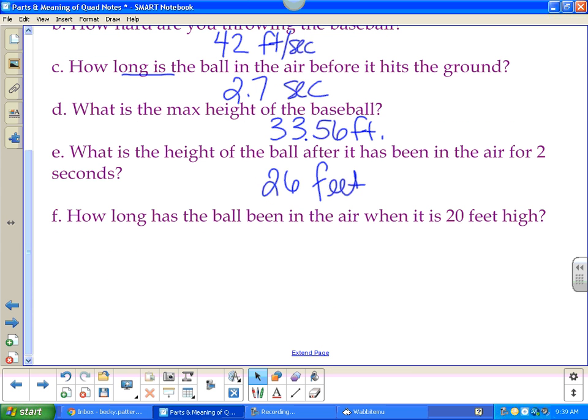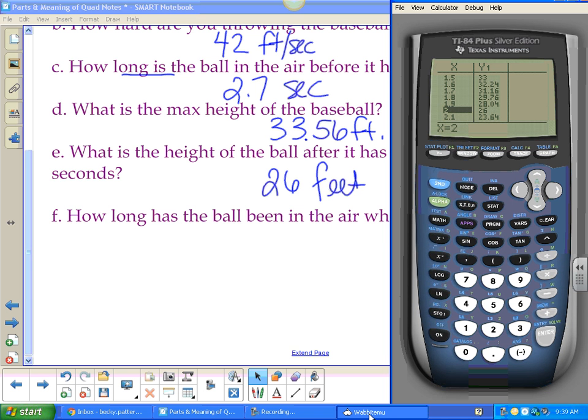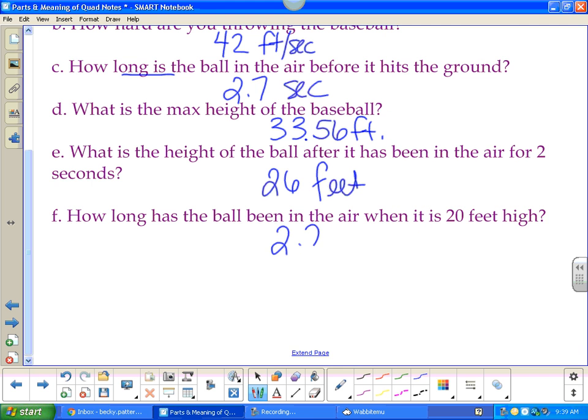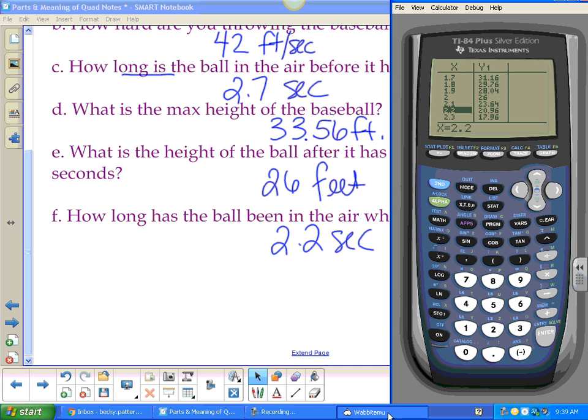How long has the ball been in the air when it is 20 feet high? Okay, 20 feet high. Okay, about 2.2 seconds. But let's think about this. 2.2 seconds, that's when it's on its way back down. Doesn't it hit 20 feet on its way up? Right there,